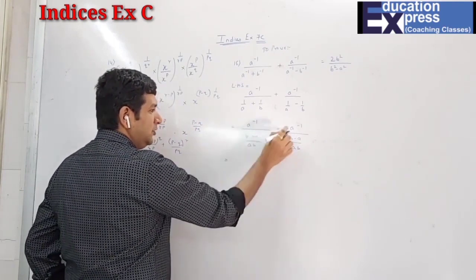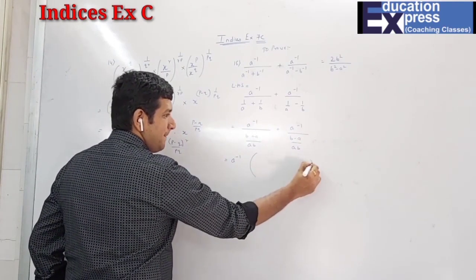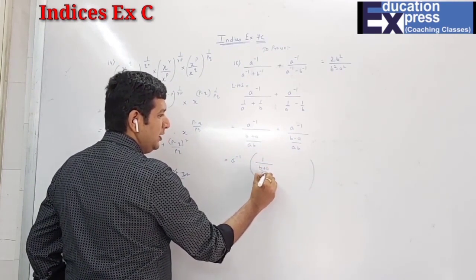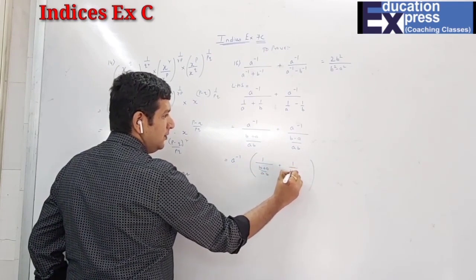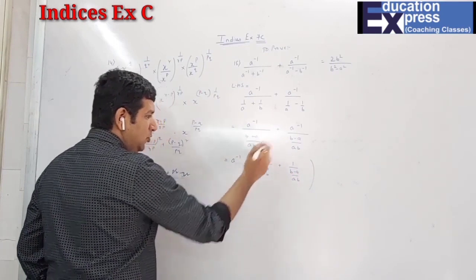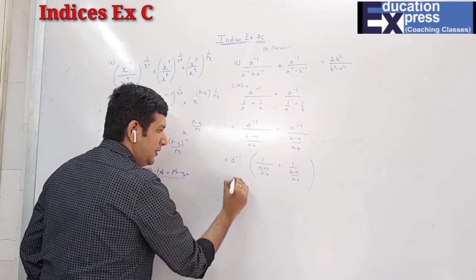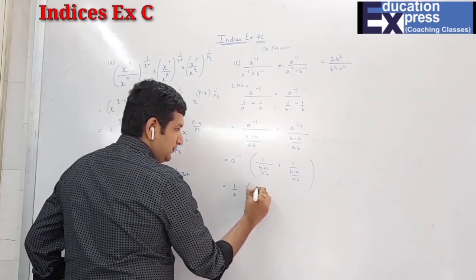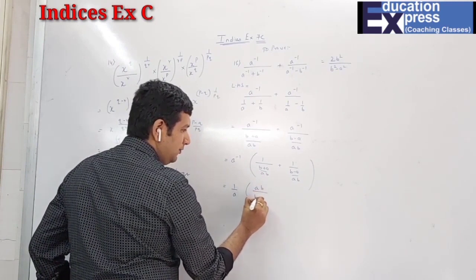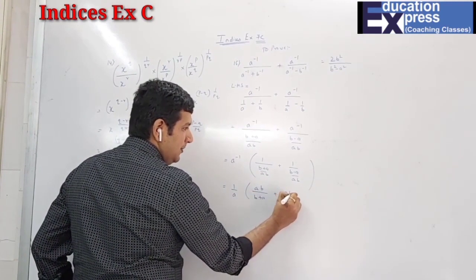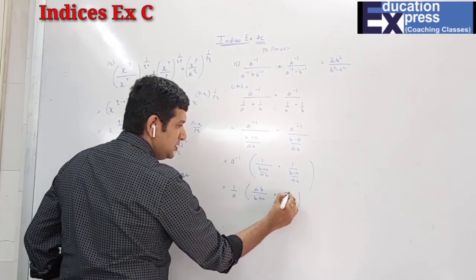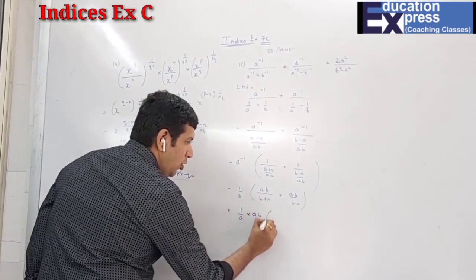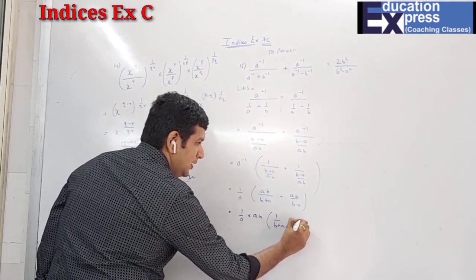Students, can you see that in the numerator we have A raised to minus 1 is common? I can just take that as common. And now what is left is 1 upon (B plus A)/AB plus 1 upon (B minus A)/AB. This AB will go in the numerator. So A raised to minus 1 can be written as 1 upon A, because negative power, to make it positive I have to reciprocal. AB, B plus A, AB, B minus A. Again students, the same thing. I have in the numerator AB as common. Equals 1 upon A, AB common, 1 upon B plus A, plus 1 upon B minus A.